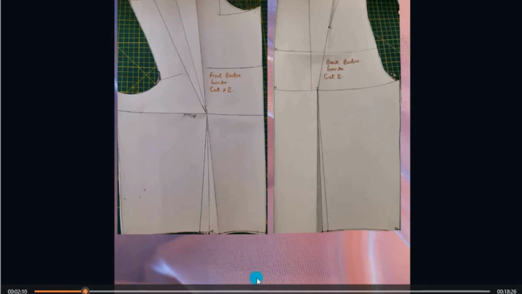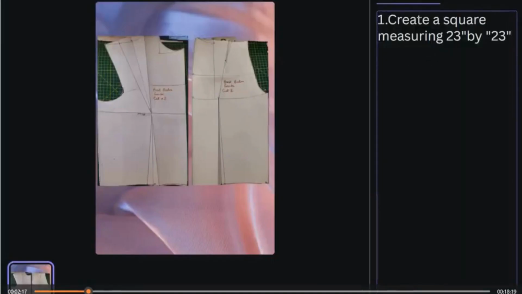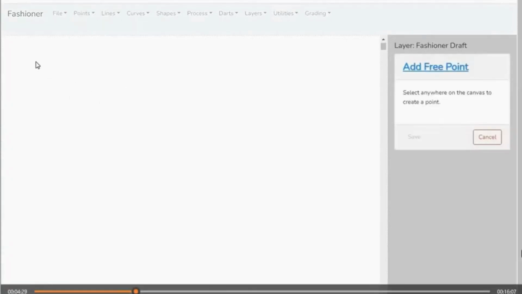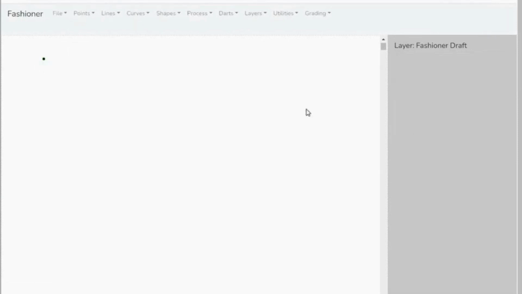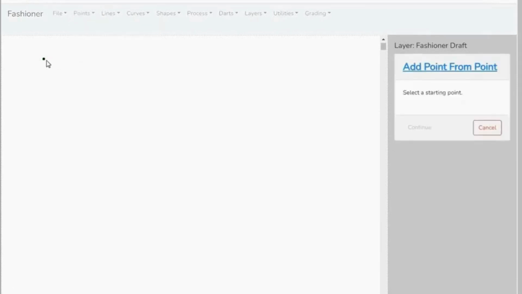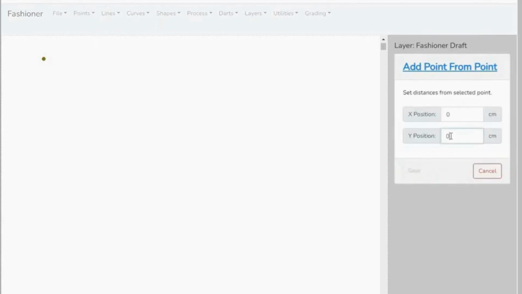So right now, we are going to create a square measuring 23 by 23 inches. But remember, we are using centimeters. So first we go to what you call add free point. Create any point and then click it and then add point from point. You click on the point that you started with, click on continue, and then we are going towards the Y axis. That is, we are going horizontally to create the first line of our